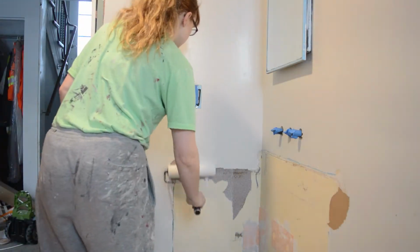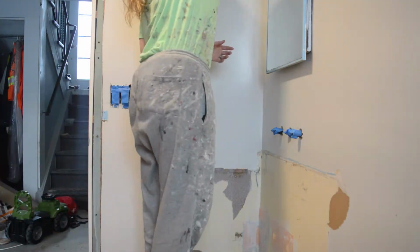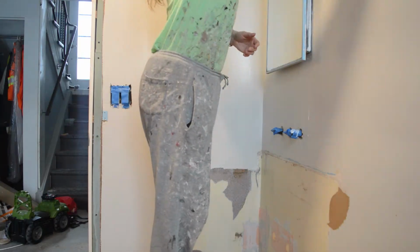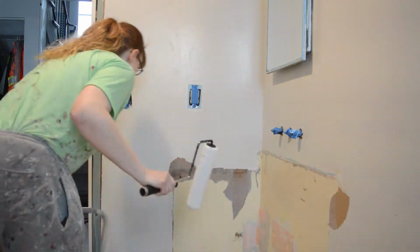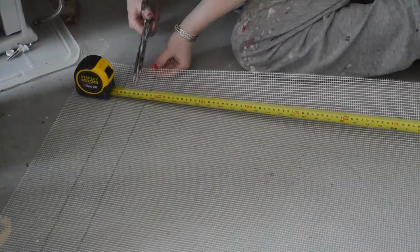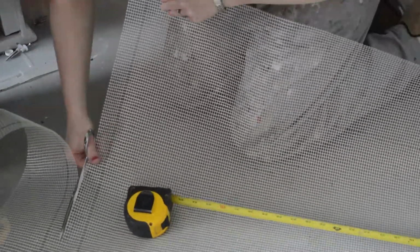This is my second time doing a micro-cement bathroom, so I'm using all the leftover products. This is the ISOMAT system, and I'm following the instructions as I did the first time. The first step is applying this thin primer over all of my drywall and wall surfaces so that the microcement adheres better. The next step involves cutting fiberglass mesh and applying it to all my surfaces with the special Deco